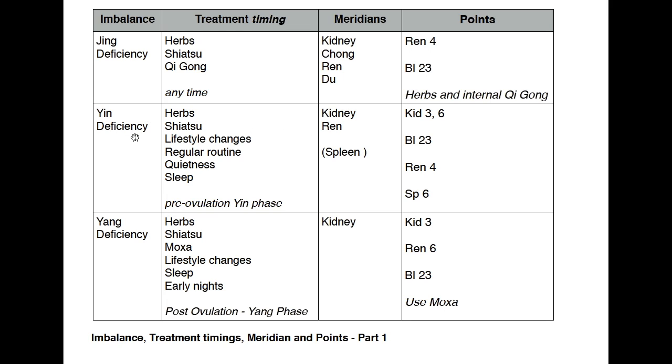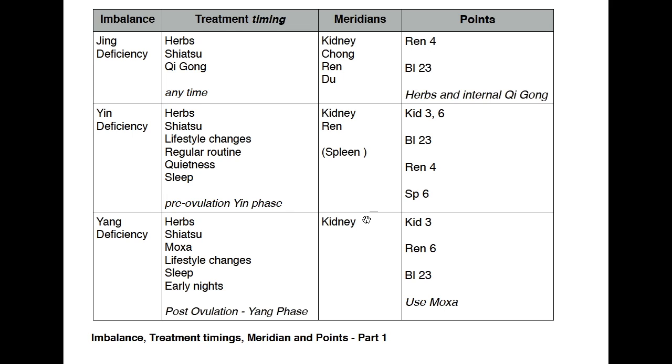Now, if you want to tonify kidney yin, then you've got these points. You've got all these points because Spleen 6 is for the blood as well. Okay, you've got Conception Vessel 4, that's the yin Ming Men point. Bladder 23 again, Kidney 3 and Kidney 6 are both points for kidney yin. And then kidney yang